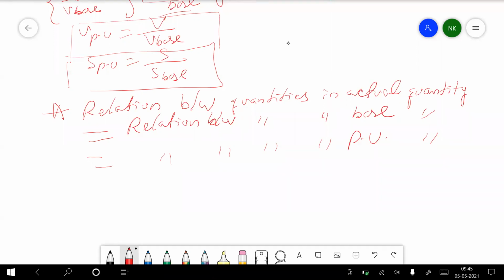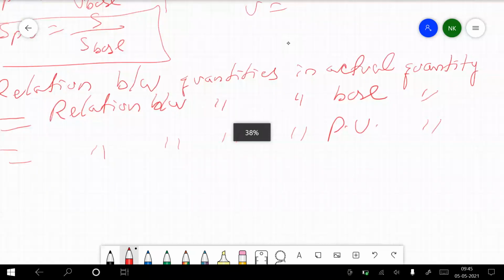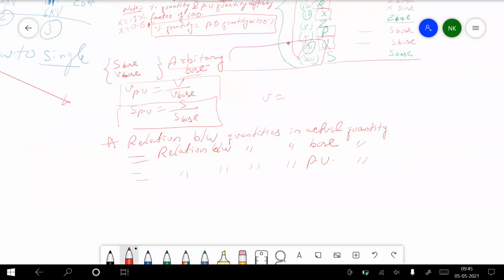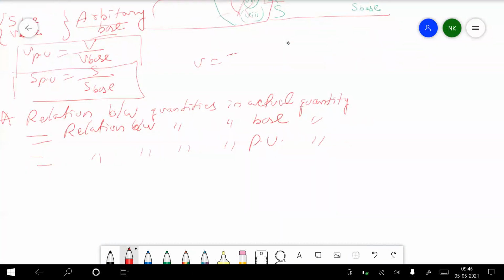So whatever, if we have V equals I R, this would be the same for all. If we have this, it will also be the same for this: V base equals I base into R base, whereas P per unit equals I per unit into R per unit. So it will be the same for all three cases. Okay, now